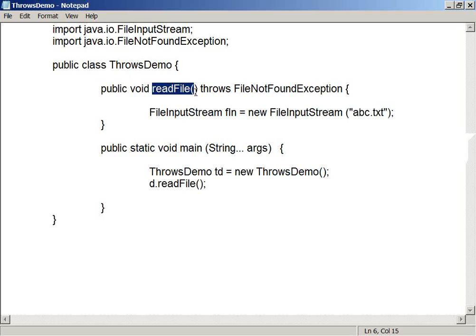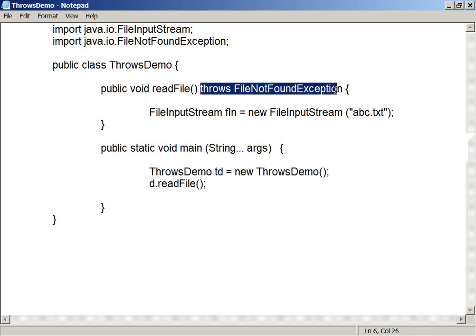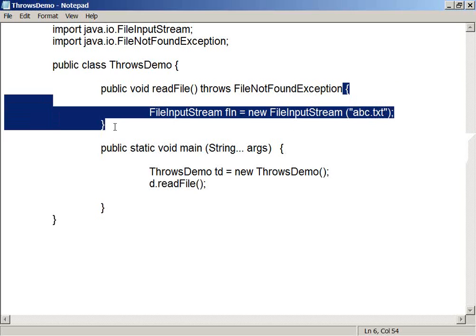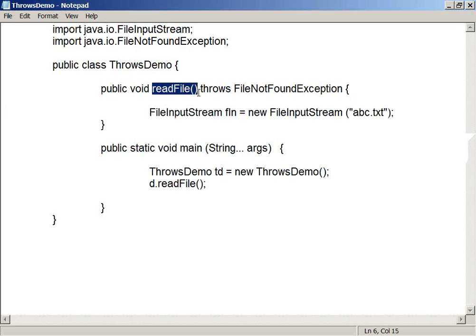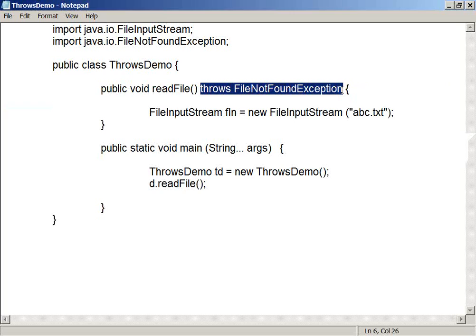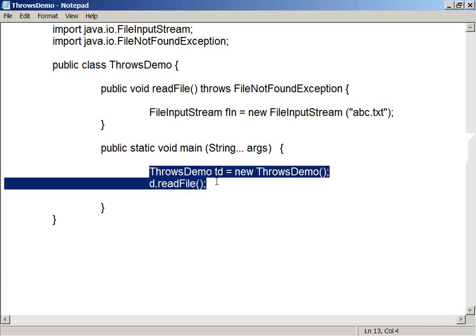I am trying to call a method, and this method is simply saying, boss, when I am trying to execute my method body, there is a possibility of getting such kind of problem, and I am not interested to handle it. I am just forwarding it to you. That is your headache, whether you want to handle it or not.